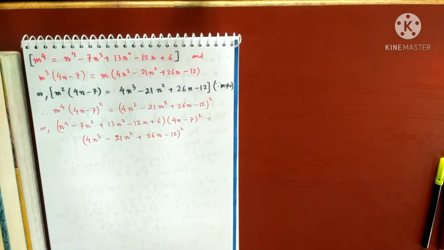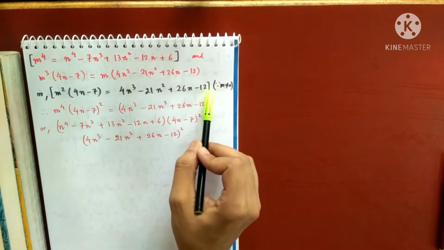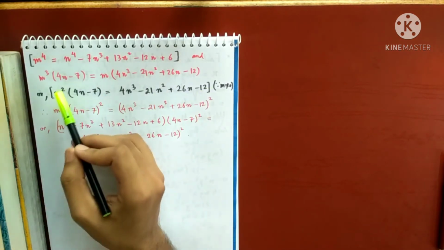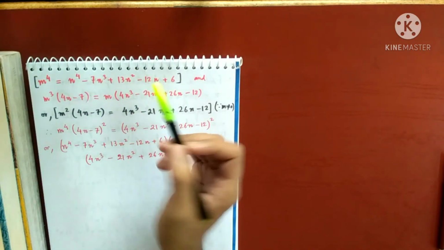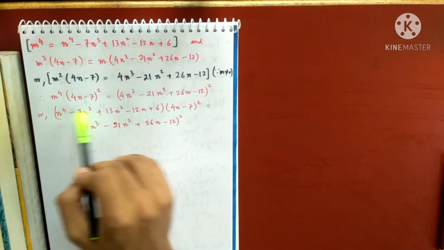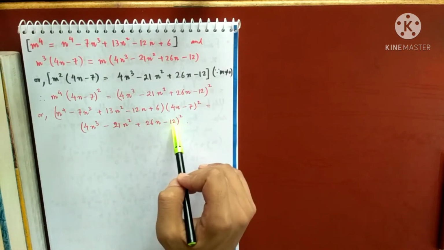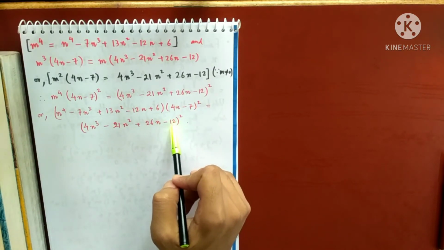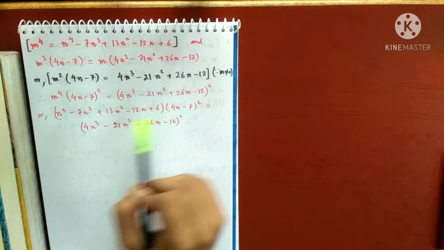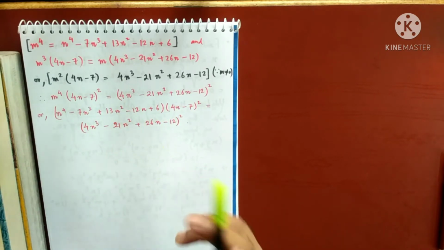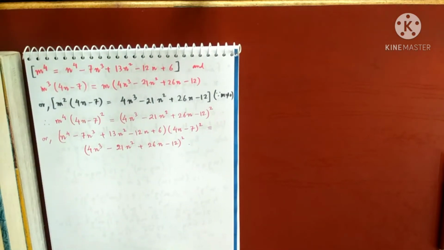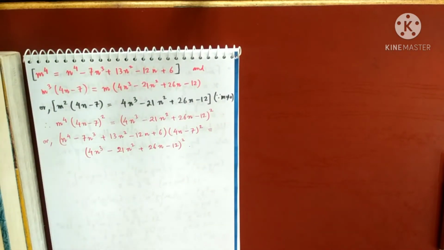So with this equation you have to solve the value of n. So again I am repeating what I have done. I have squared this. What was the advantage of squaring? I am getting m to the power 4. I am using this value of m to the power 4 here. So now I have some equation in n, though a complicated equation, but we will simplify this. So with this equation, we will have to find the value of n.